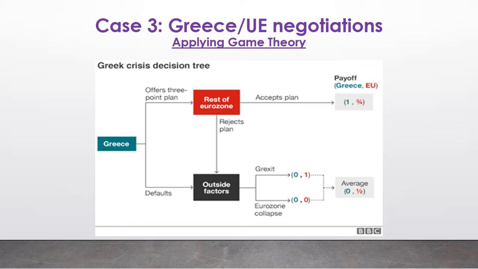Then we have two possibilities. The first one is when the Grexit provokes important difficulties for Greece with a payoff of 0, but with the Eurozone not affected with a payoff of 1. The second possibility is that the Grexit provokes the collapse of the Eurozone, then the payoff would be 0 for both players. So definitely, cooperation appears to be the best way to reach an equilibrium with positive payoffs for everyone.